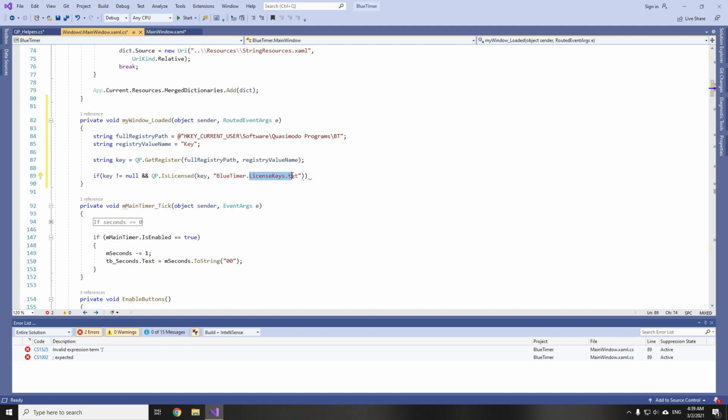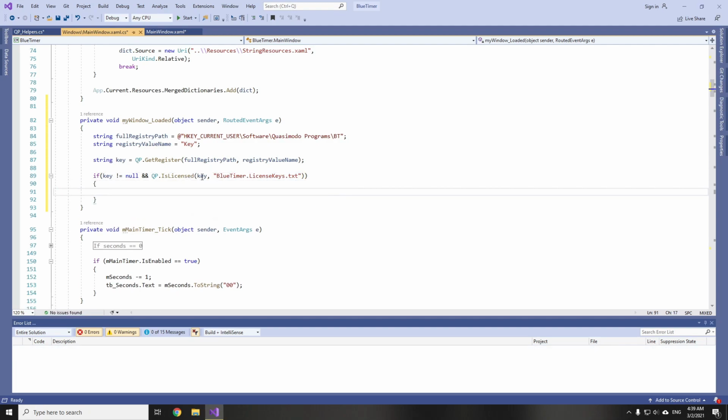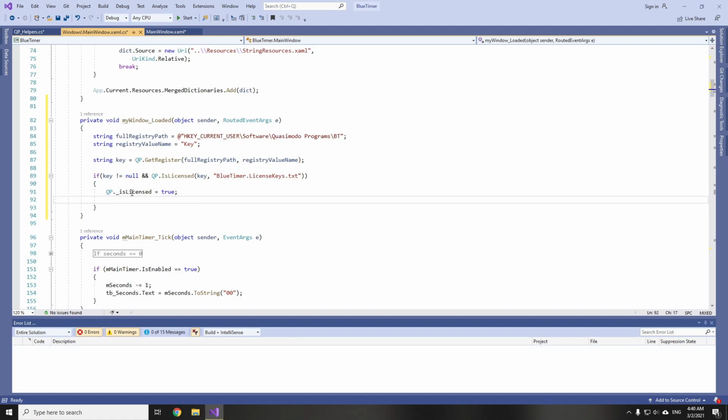So I will call this file as this, and then if it is licensed, so if this key is inside this file, we will set the IsLicensed property to true, and we will unlock some features in our program,